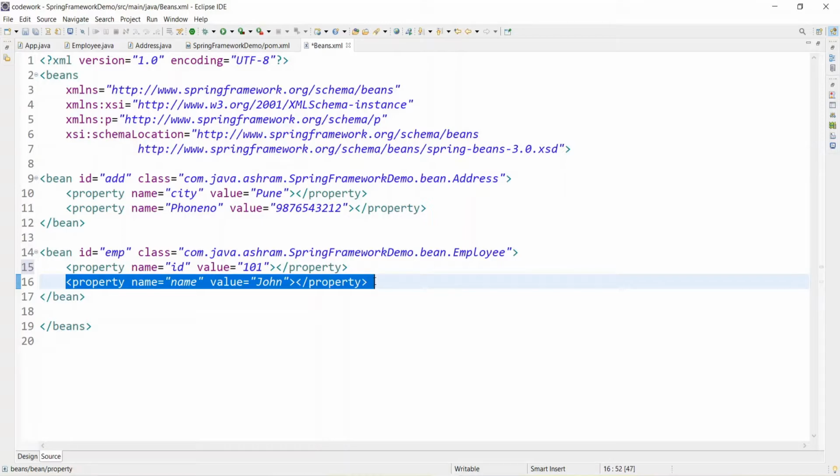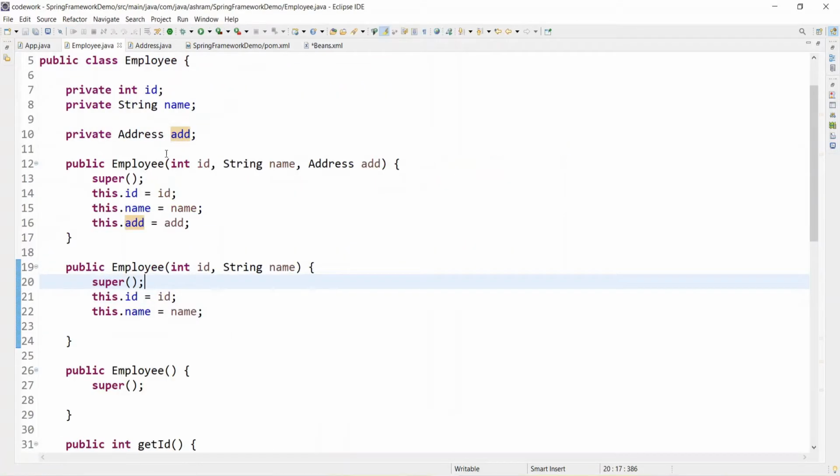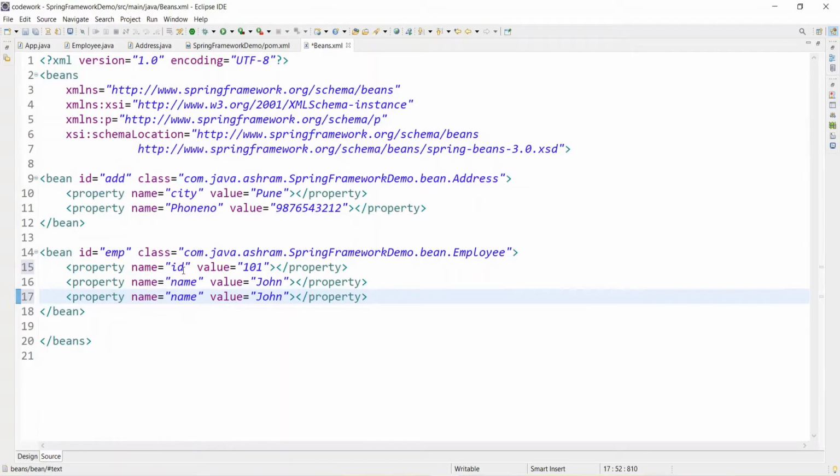Thereafter we have a third property called address. In the Employee class we have ID, name, and address. In a bean we manage the ID and name, and we have to put the address also, but address is an instance, it's not a variable. It's an object.